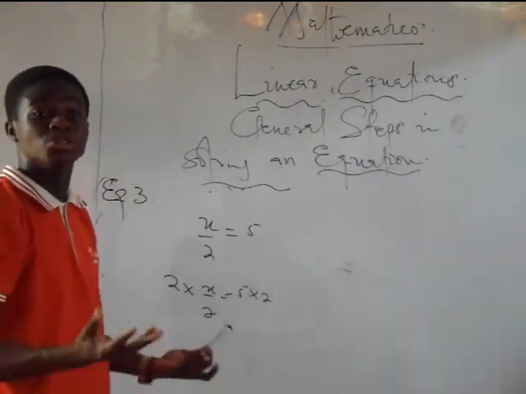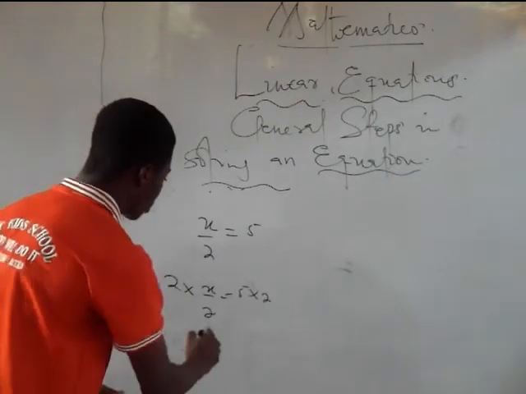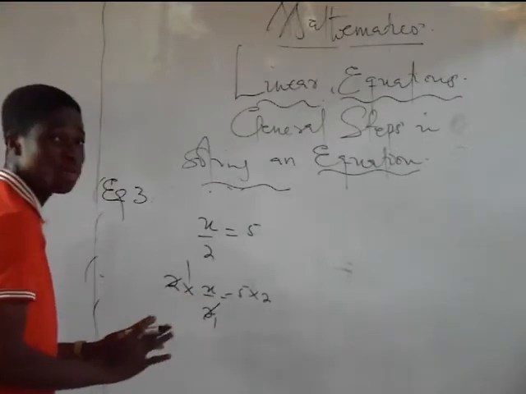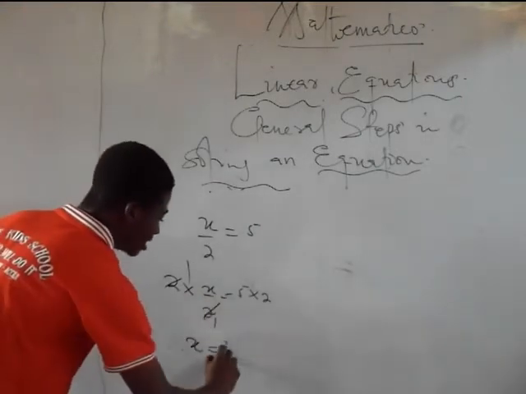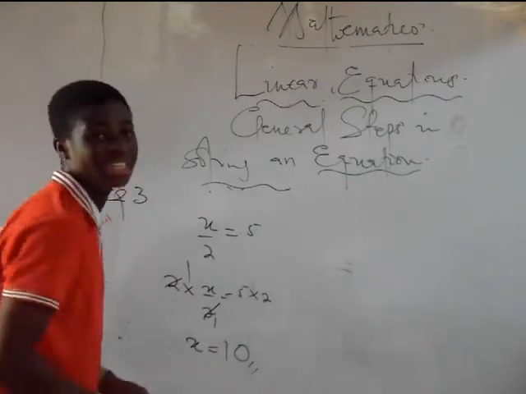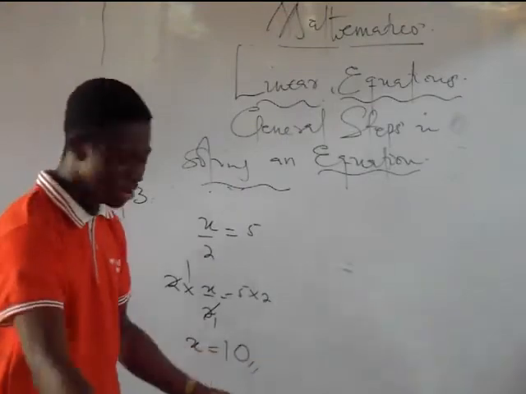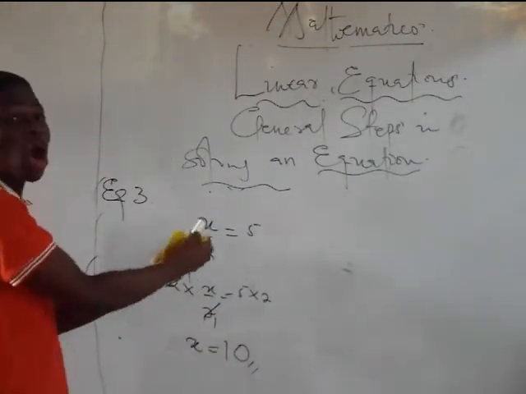After doing this, what do we do? Cancel out, divide, and clear the fraction from there. 2 can divide itself 1 and divide this 1. We now have x over 1, which is x. So we have x equals 5 times 2 is 10. Very simple. You are done. Didn't I tell you that this was the simplest among all? This is very simple, and I know you'll be getting it with the trial I'll be giving you to solve